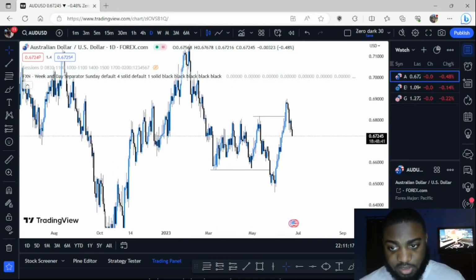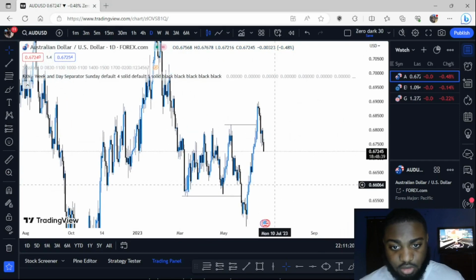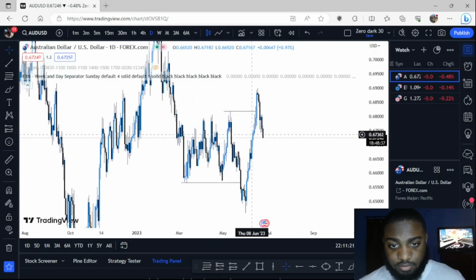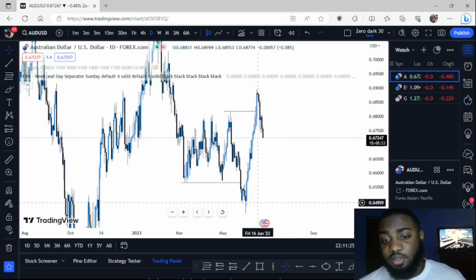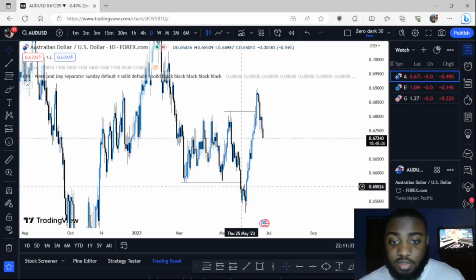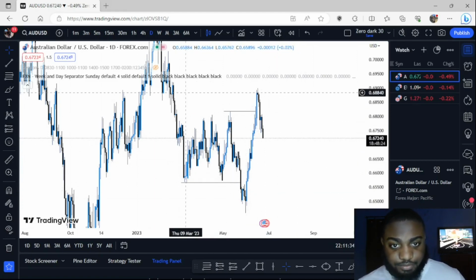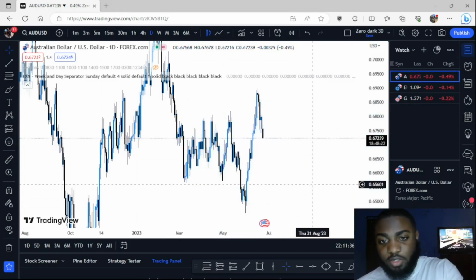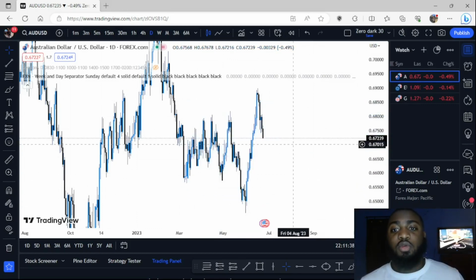You know why? Because this isn't only a liquidation. This is also a market structure shift as well as a liquidation. So price, in my opinion, for what I'm thinking, will continue to go up. But do we have confirmation of that? We don't yet. See what I'm saying? But we know based on liquidity, we can use liquidity to pinpoint exactly where the market's going to go.